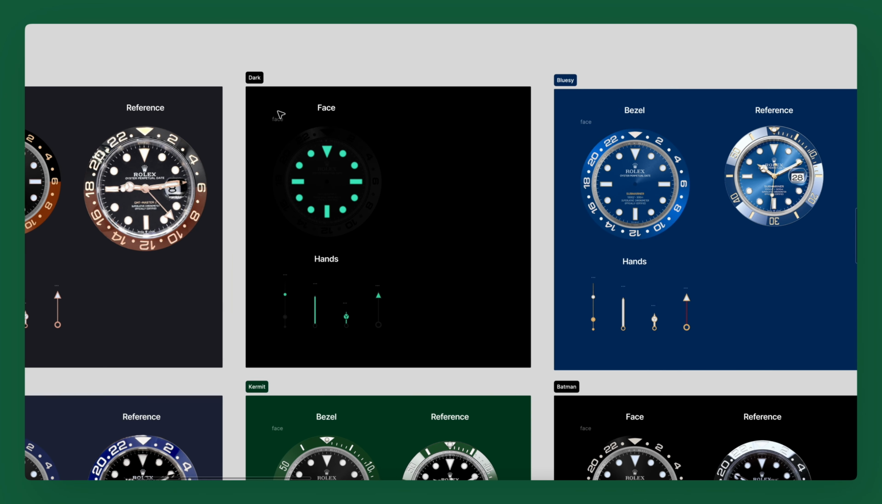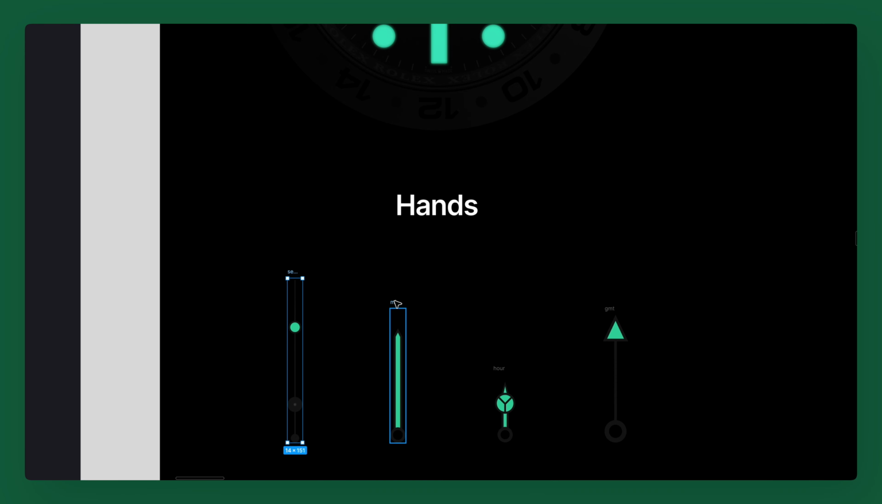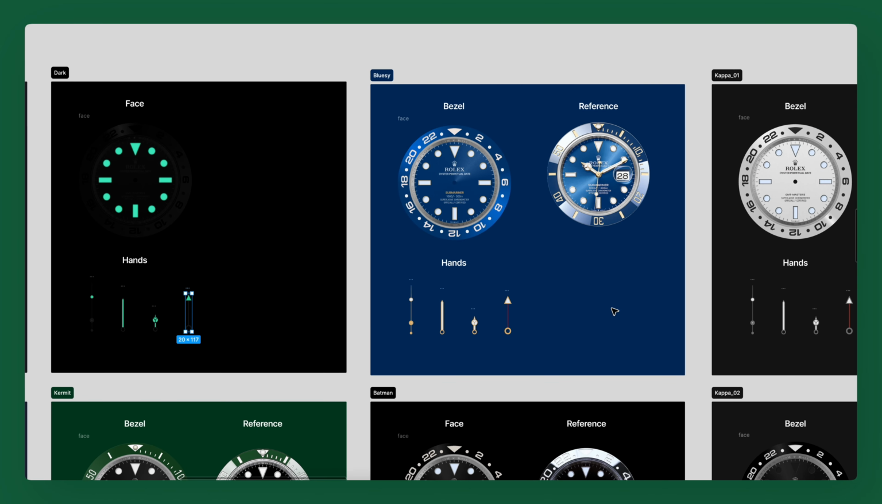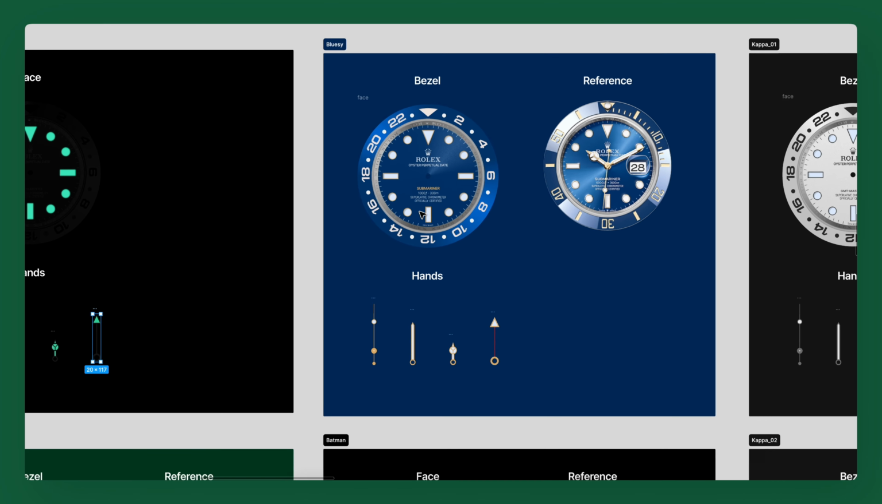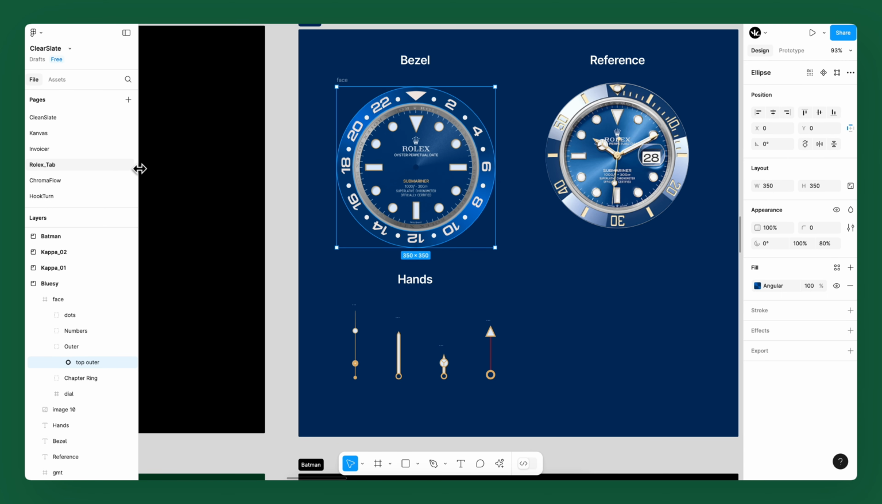The dark one, and they're all named the same. So that's face, and then you've got seconds, minutes, hours, and GMT for everyone. So it's really easy for me to kind of make a change. And if I open this up, for instance, I can basically edit the colors